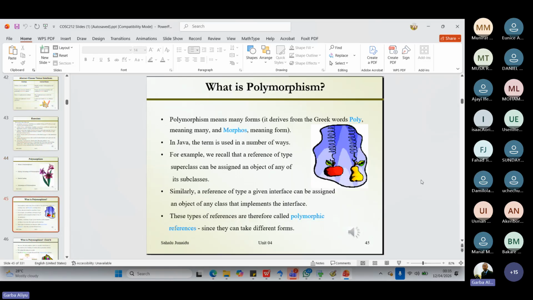So let's go through and see. I have already talked about polymorphism. When we have a reference of type superclass, it can be assigned to an object of any of its subclasses, of any of its subclasses. So for instance, here now,